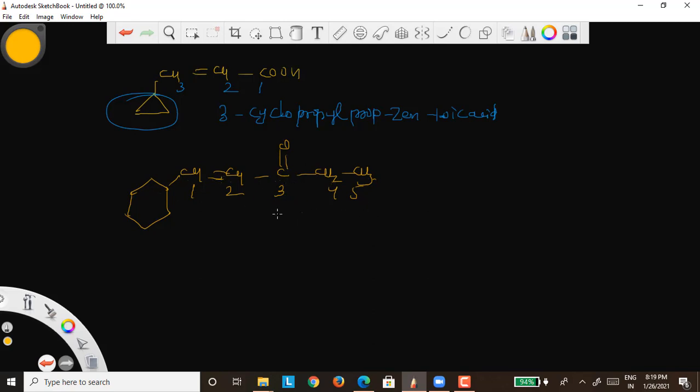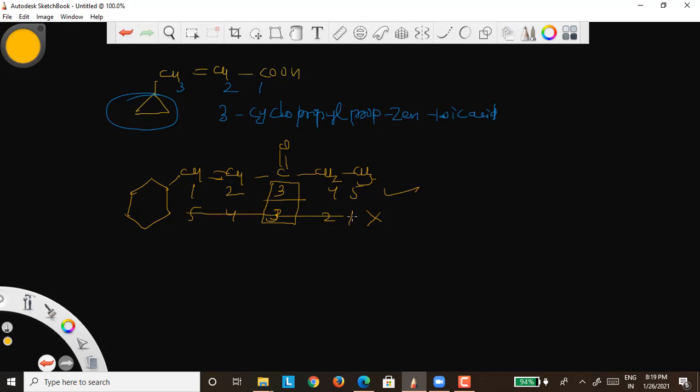But this way you take the order of priority, ketone 1, 2, 3, 4, 5. So both are 3 coming. But here alkene is coming 4. Here, this way, alkene is coming 2. So if you consider the functional group lowest number, this is correct and this is wrong. Okay. And ketone both ways 3 coming. So ketone should be prioritized, but both ways 3 coming.